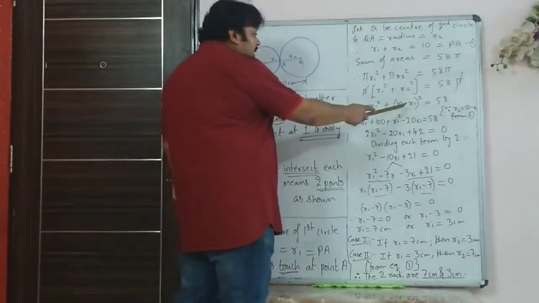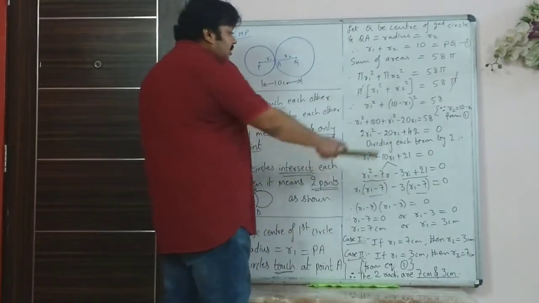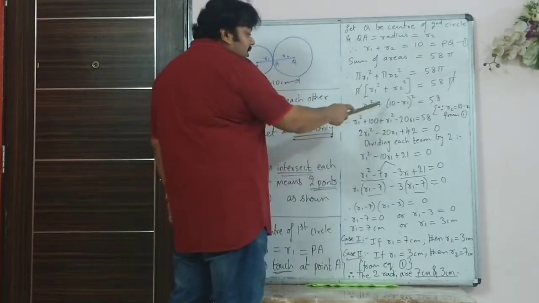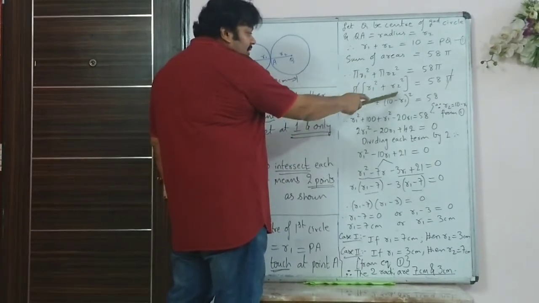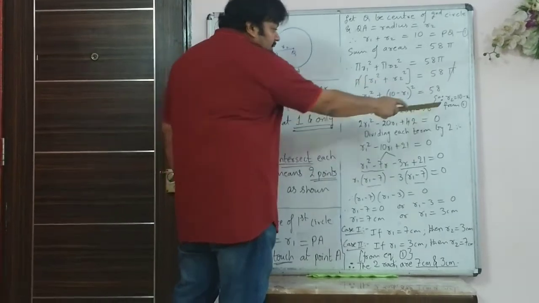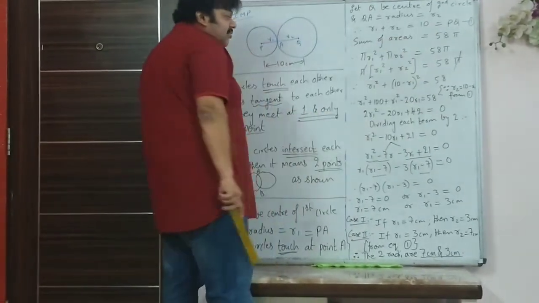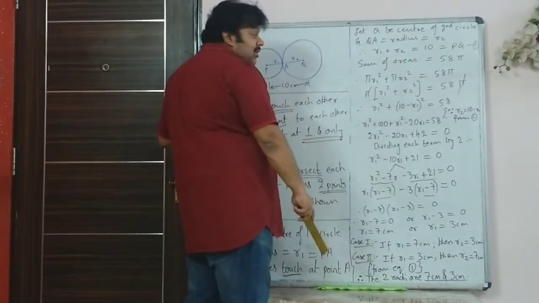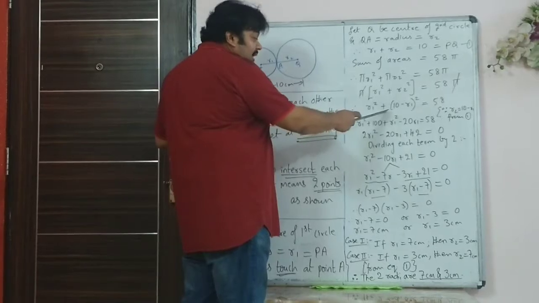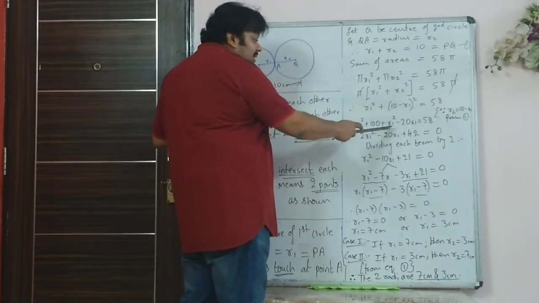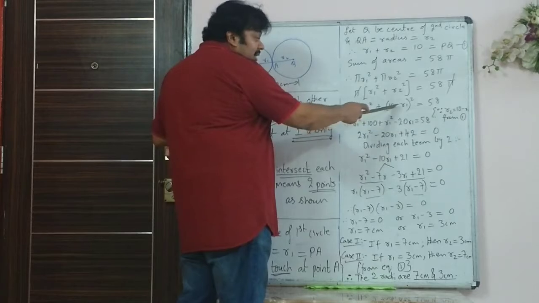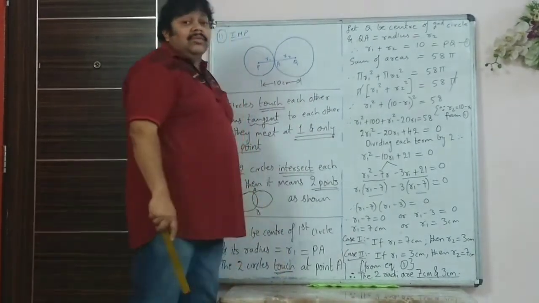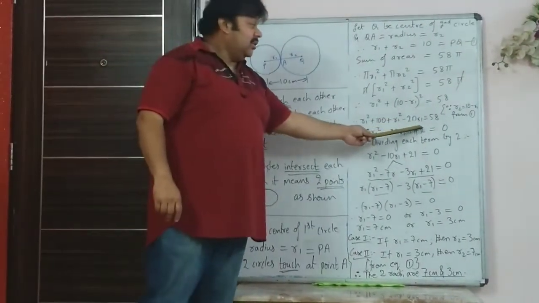So R1 squared, R2 is 10 minus R1. So R2 we just wrote 10 minus R1, the whole squared. Instead of R2 we have substituted in terms of R1 from equation 1. That is 58. So now when you expand this, it is (A minus B) the whole squared. So R1 squared plus 100 plus R1 squared again minus 20R1. Many students forget this. Minus 2AB term is there. So that has to be taken into account.